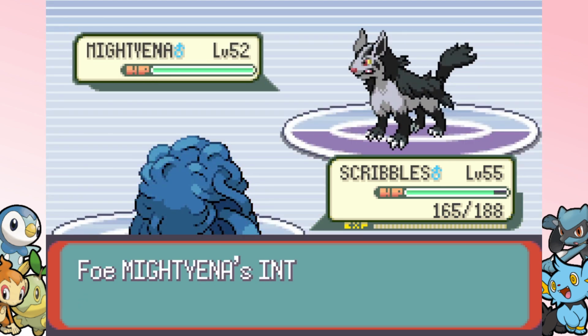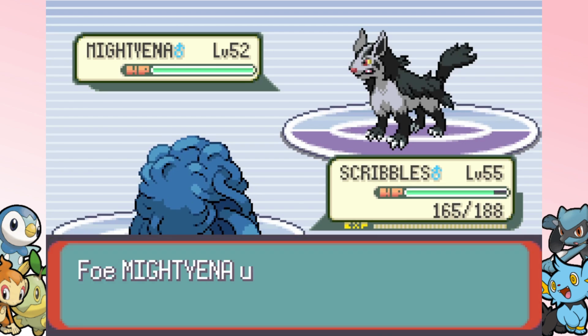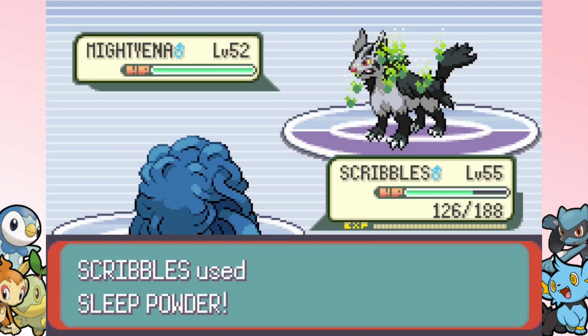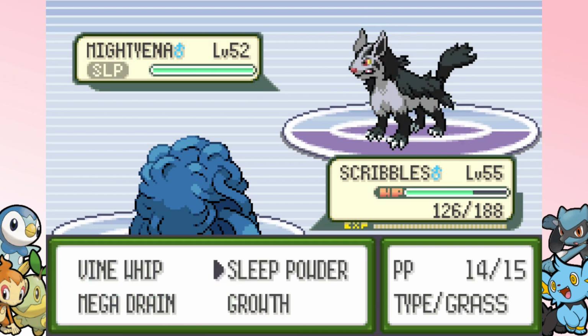I do have Mega Drain, even though I know my special attack is a little bit worse. I could go for Sleep Powder, though. I think I'll try that first. He's going to elect not to go for Poison Fang, which, I mean, can't complain about that. So, maybe I'm taking the longer route here with this Mightyena, but, hey, Scribble's got to get in here at